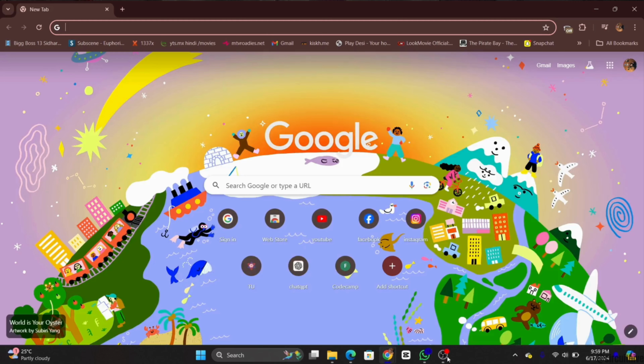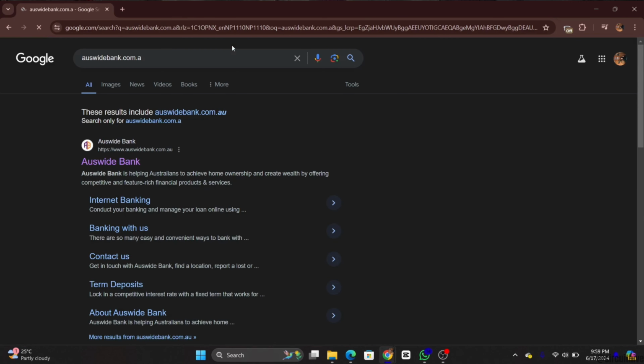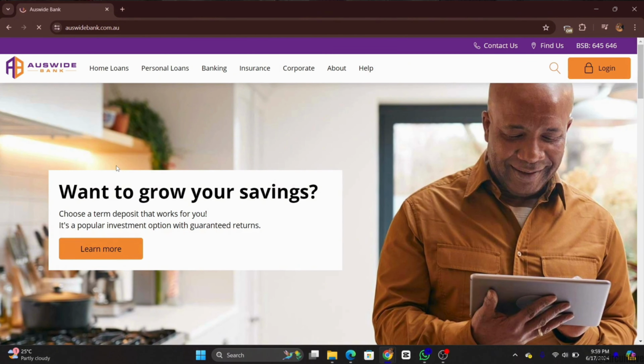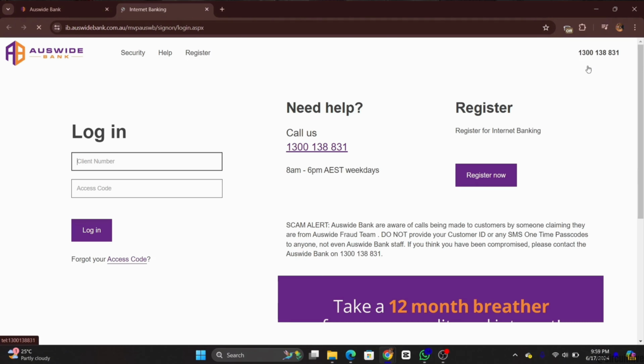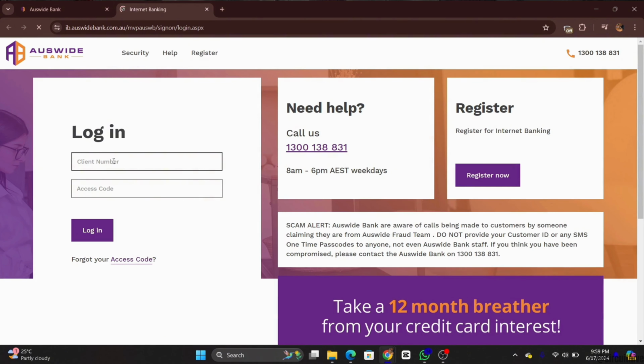First of all, open your preferred web browser and go to the official page of Auswide Bank, auswidebank.com.au. Once you are on the Auswide Bank homepage, look for the online banking login button at the top right corner of the screen. Once you are on the login page, you'll need to enter your client number and your